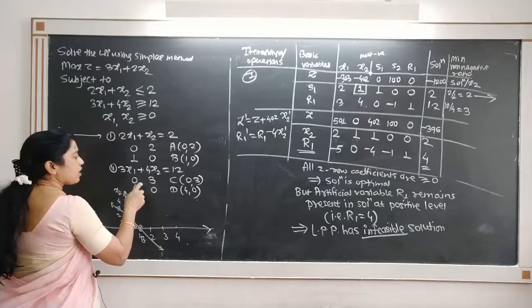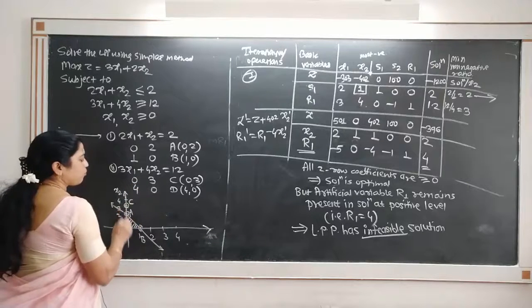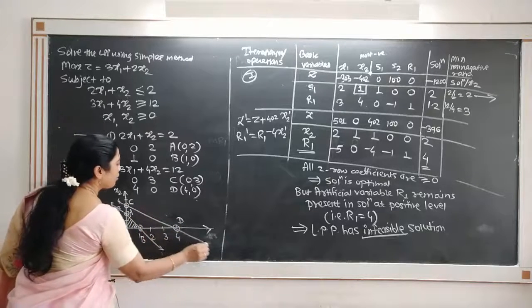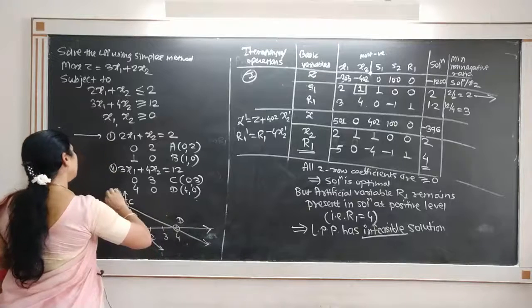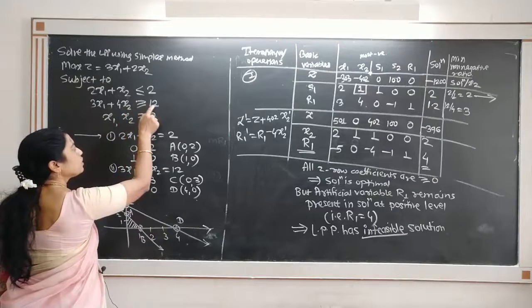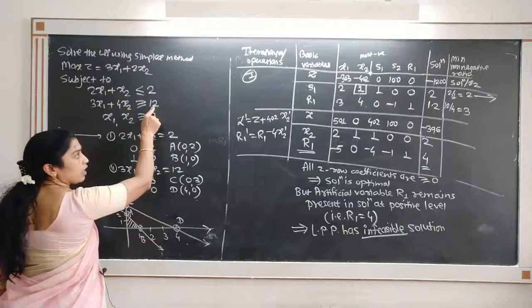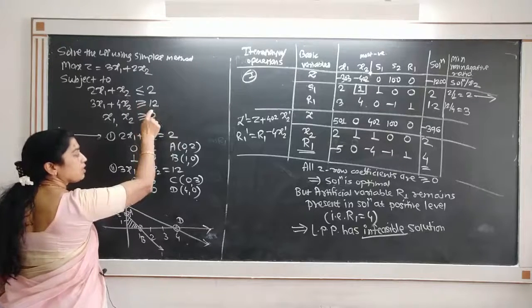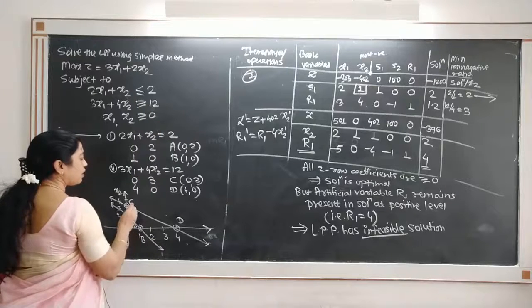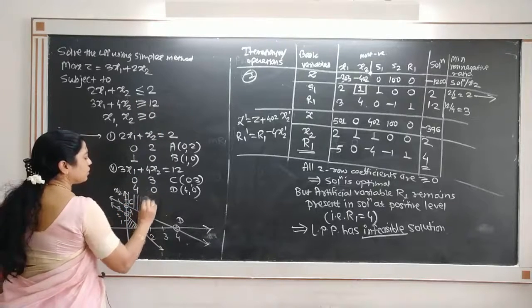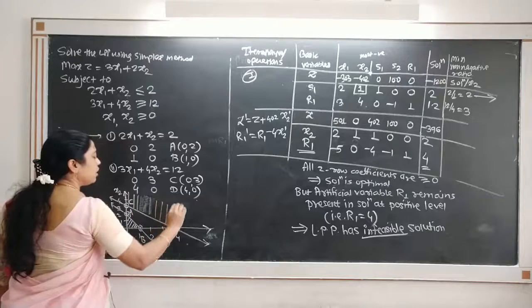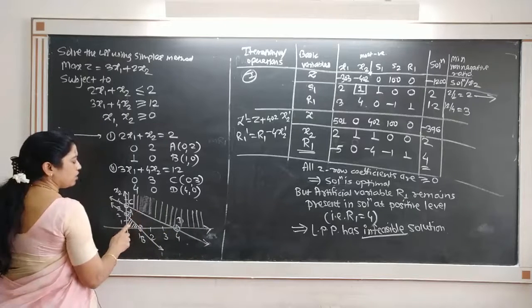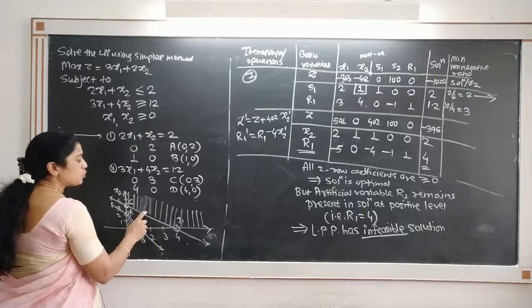But if you take the second one, that is 0, 3, that is point C, and 4, 0, that is point D, this is the second line. And if you find the region, if you put 0, 0 here, 0 is not greater than or equal to 12. So 0 does not satisfy this inequality, implies that we don't want 0 in that region. So we want the region above. Now observe that there is no common region in these two. This is for the first line and this is for the second line.